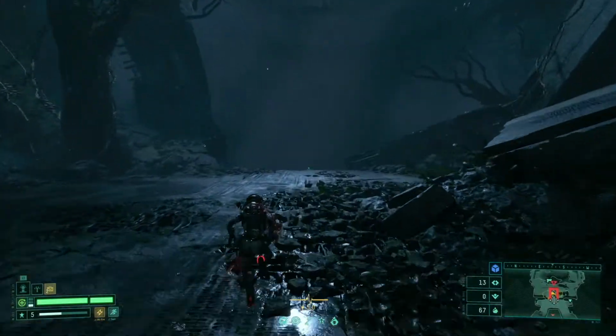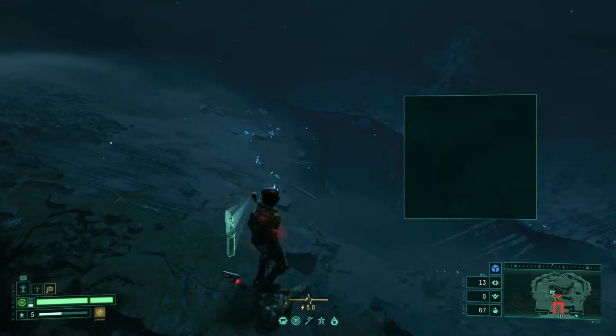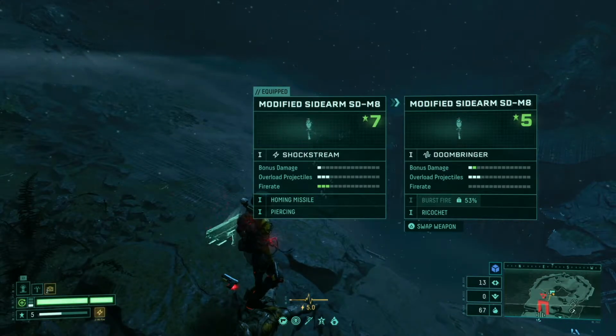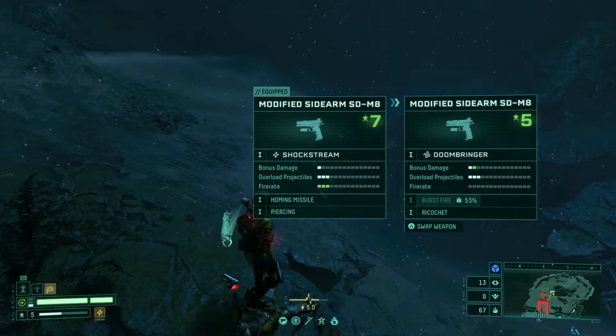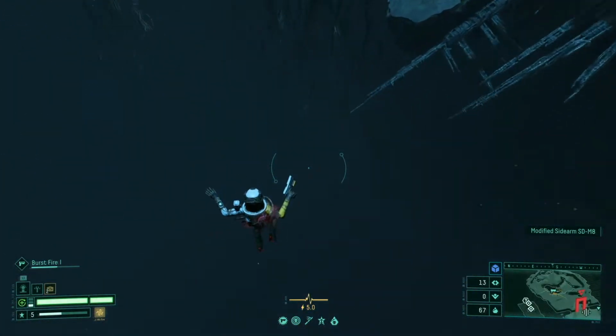The reason why we're taking Fabricator Shifter is that it has a lot more potential to get us a big power jump, and we're not looking for anything less than a big power jump. Ooh, alright, we have Doombringer or Shockstream, and I'm thinking we want Doombringer. We lose a little bit of fire rate, but we also get to work on burst fire, so